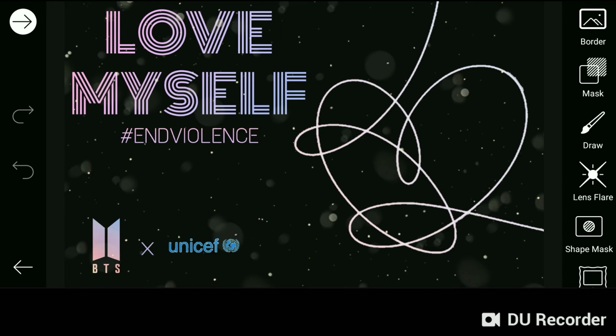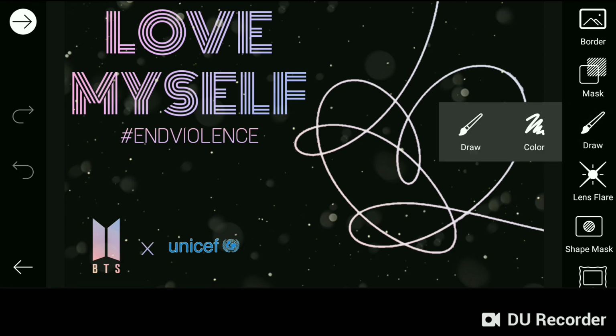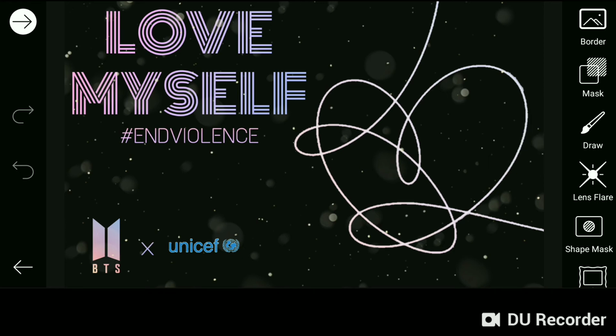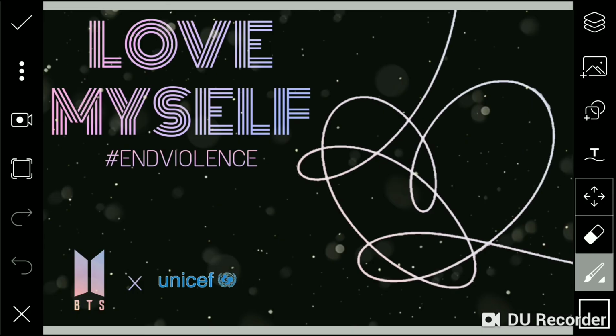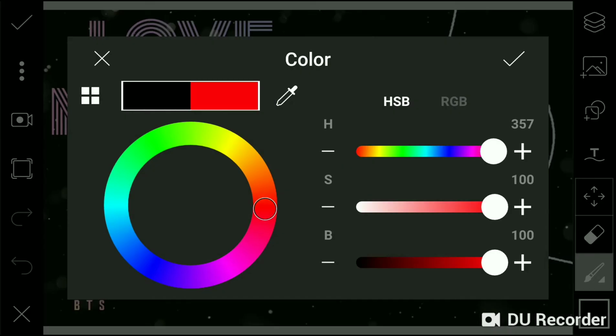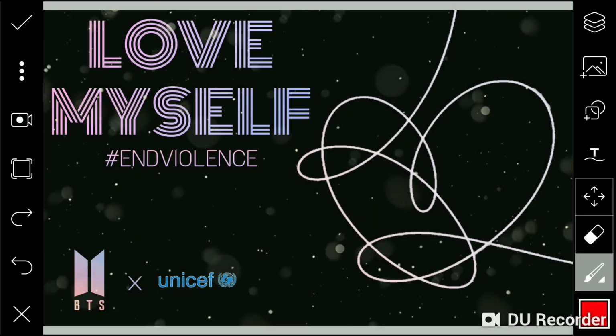The heart also has a tiny bit of the holographic effect around it, but I didn't want to add too much because I felt like the element of continuation that it has would just be a tad bit overwhelming. But because of the simplicity of the heart, I also decided to make the image layout simple so that it complements the heart more. And I'll show that by drawing it out. So let me change this to red real quick. Alright, so as you can see,